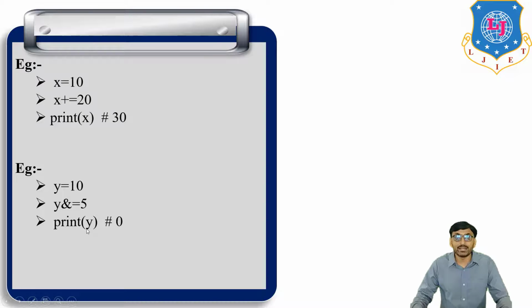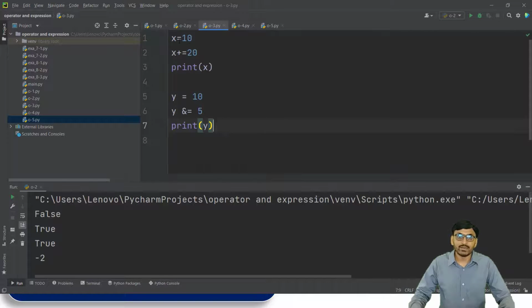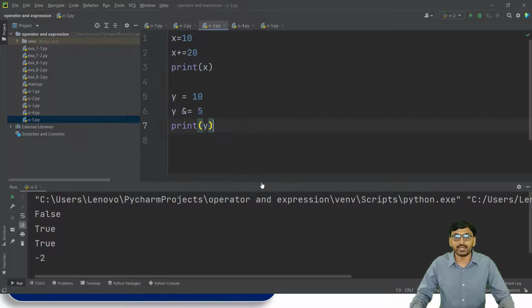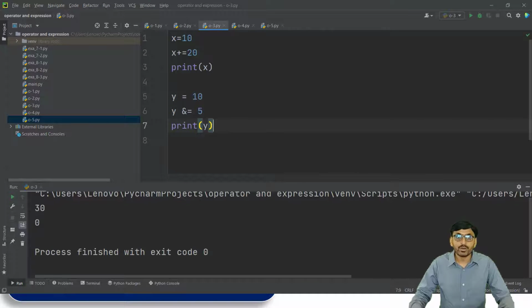Then we print y, so we get the answer 0. Now we run these same two examples in PyCharm. Same: x is equal to 10, x plus equal to 20, print x, then this y example. If we run this program, the output for print x is 30, and for print y is 0.